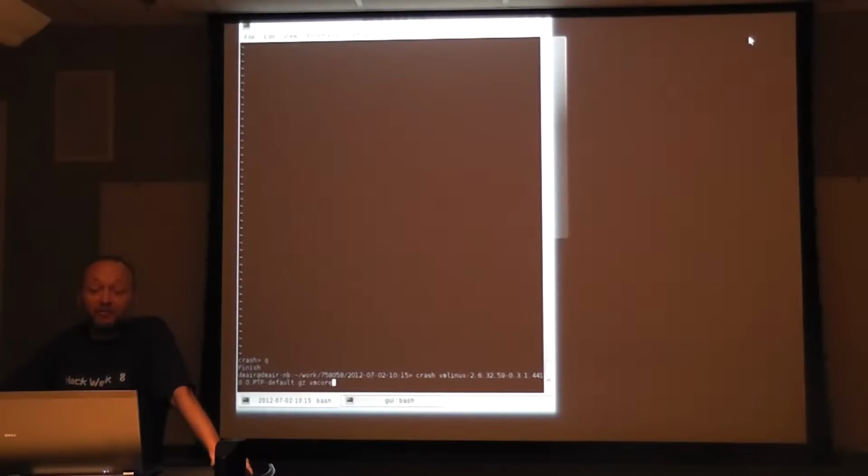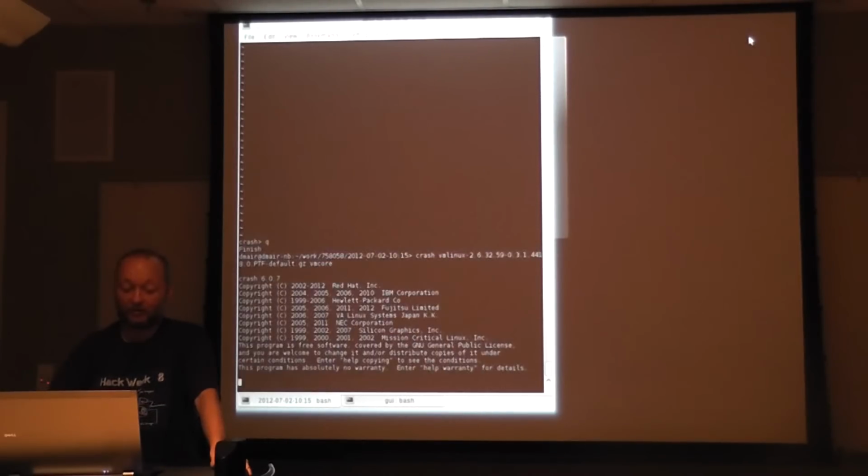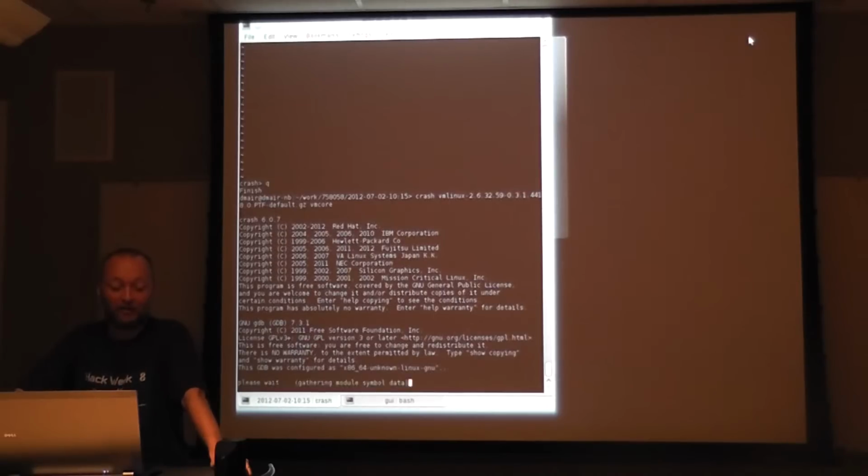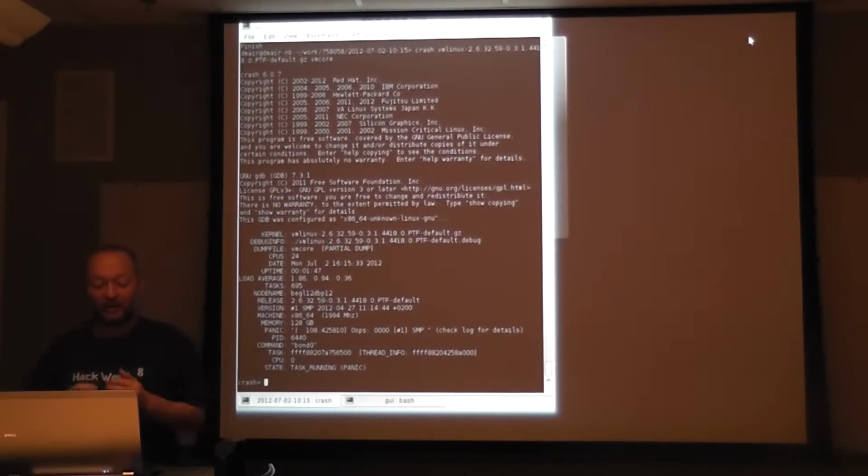Hi, my name's David Mair, and my HackWeek project was to produce a graphical user interface for the crash debugger. I'm the maintainer of the crash debugger at SUSE, and one of the things I find that is a problem all the time, if I bring up a copy of crash, I'll demonstrate for you, is that I'm working on